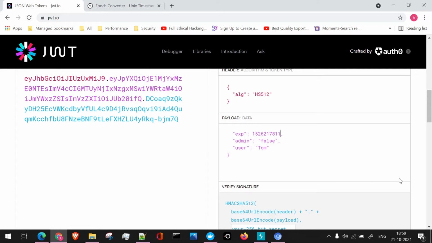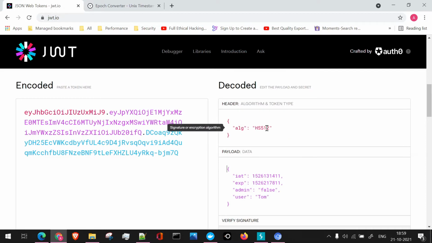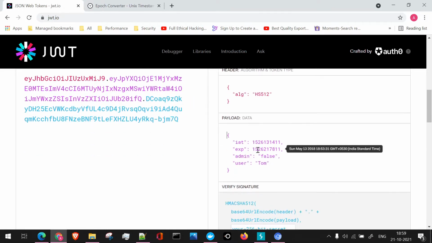Here if we see, the algorithm used is HS512. We have to set this to none. As we have just used this token from the log file, which is from May 13, 2018, obviously this token is expired, so we just have to make some changes with respect to the expiry of the token.